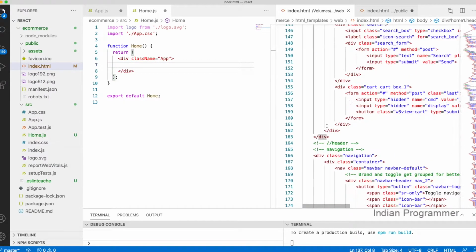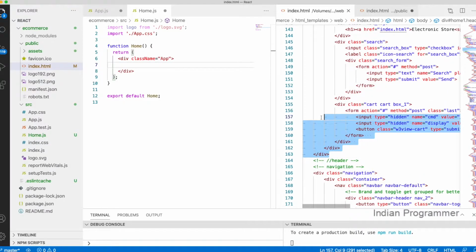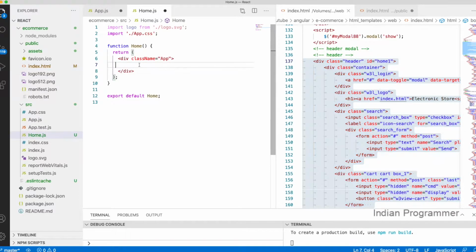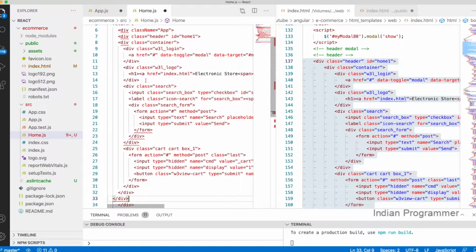First I will move one by one, then we can integrate, because React is not an easy thing to integrate. So I just copied it.